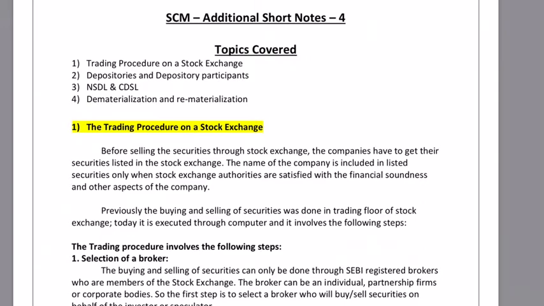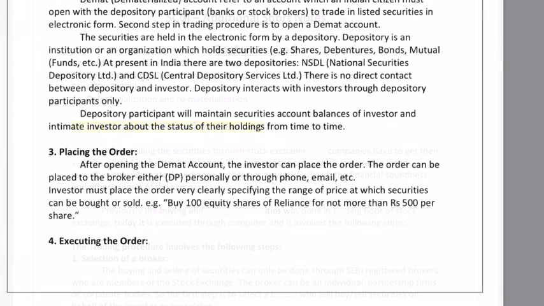Once this is done, the next step is opening a demat account with a depository. So selection of broker and opening a demat account, these two are one-time activities. So opening a demat account with a depository. So depository is basically an institution which holds the investors' shares in electronic format. So these days we know that banks keep our money, and depositories similar to banks, they keep our shares. They keep track of the shares that the investors purchase or sell.